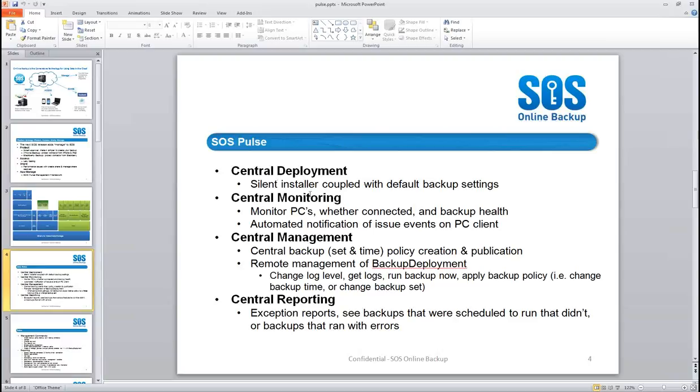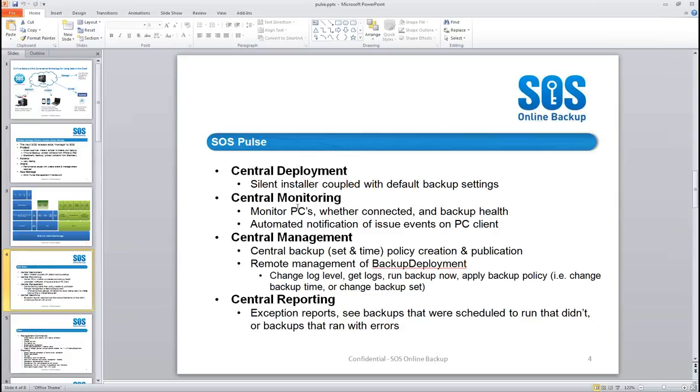Pulse lets you generate installers on the fly for you to then be able to deploy on tens or hundreds of PCs. So you can use Pulse to manage up to 5,000 PCs. The second thing is it does ongoing, persistent, centralized monitoring of all of the PCs in your network, because when you're managing 1,000 PCs' backup, you simply can't do it manually. So automated monitoring of health, backup health, time that they've been connected to the network, how frequently their backups ran, what issues there might be that